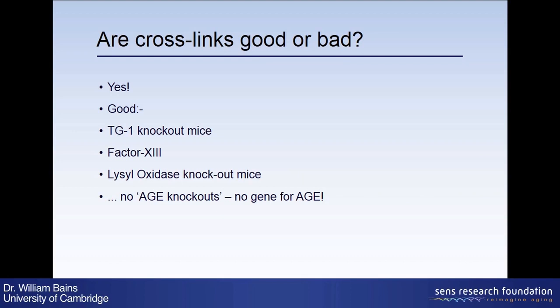Given that uncertainty, we can ask, are crosslinks good or bad? And the answer is yes, they're good and bad. We can demonstrate how important they are by asking, can you do without them? Some researchers have knocked out one of the transglutaminase genes, a transglutaminase that makes the stratum corneum on the skin. They've done some genetics on the mouse and taken that gene out so the mouse cannot make transglutaminase. And the mice die almost as soon as they're born.